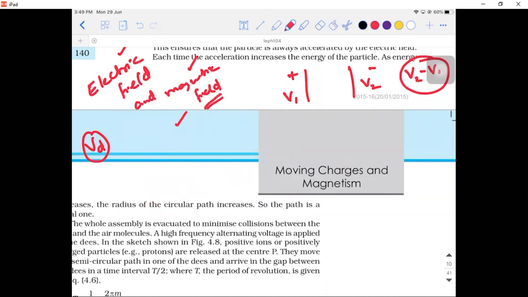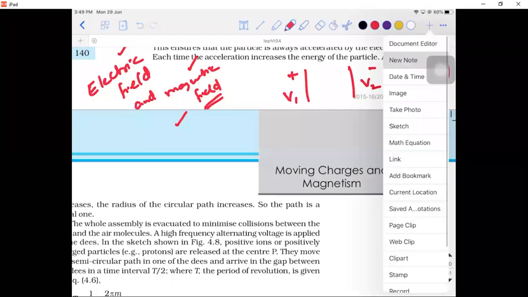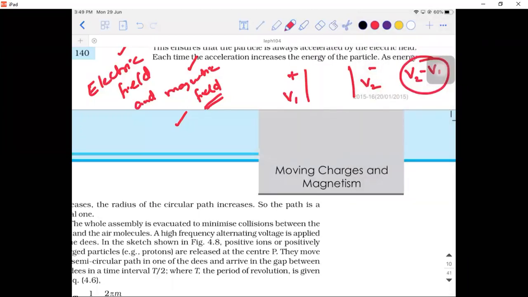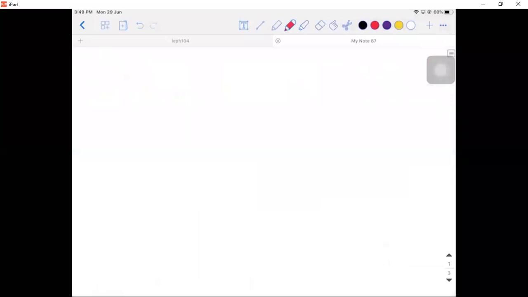Now see what is going to happen. So observe. Now we will start thinking about the design of the device. So what did we say a cyclotron is? Let's have certain points in mind before we see the construction. So what is a cyclotron? Cyclotron is a device, and this device is used for what? It's given in your textbook also.